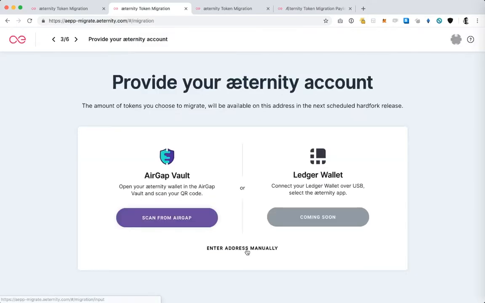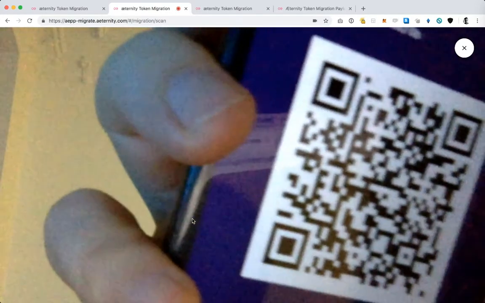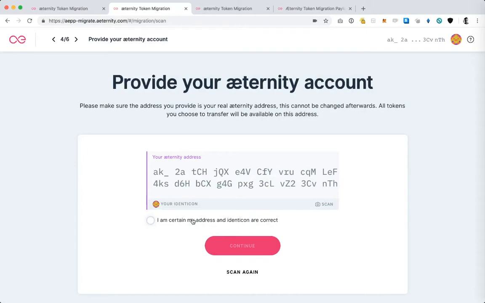I tap Start Migration, and I am prompted to enter my address. So I'm going to hit scan from AirGap, show the address on my camera, and